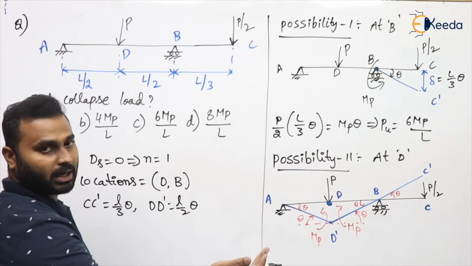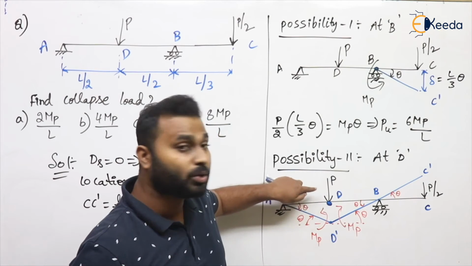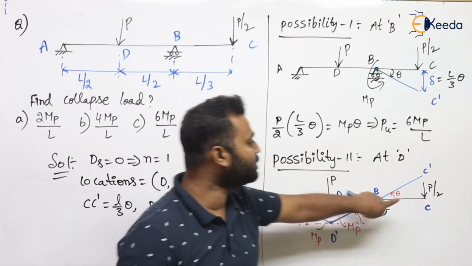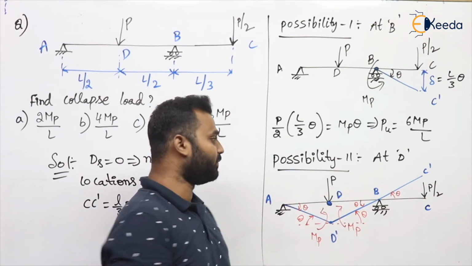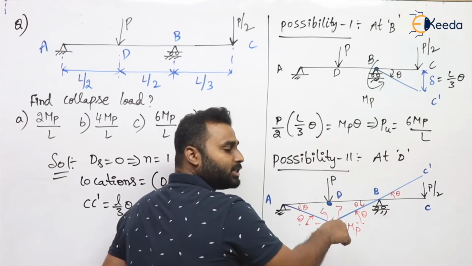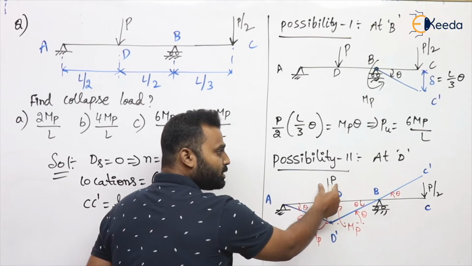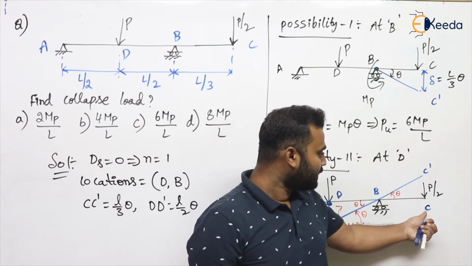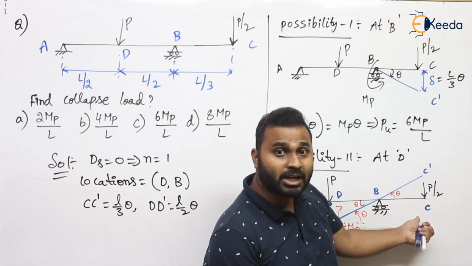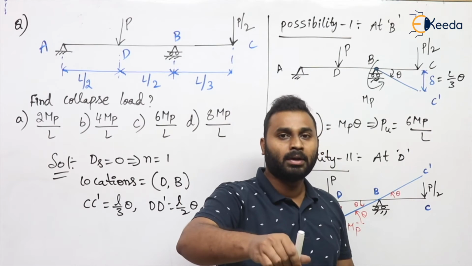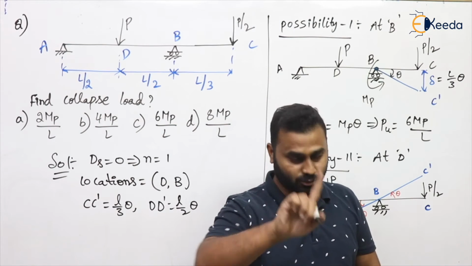Now coming to the external work and internal work. Here external work is always done by the external applied load. Now here both the loads are going to do work. So this P is going to do work and this P by 2 will also do work. But the work done by this P is positive, the reason being P is acting in the downward direction and D is also moving downward to D dash. Hence work done by this P is positive. But if you see at end C, that span is moving upward, but the load is acting downward. As the displacement is opposite to the direction of the application of the load, therefore work done is negative.